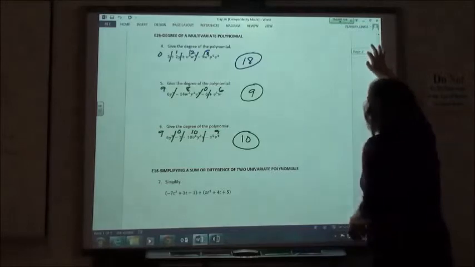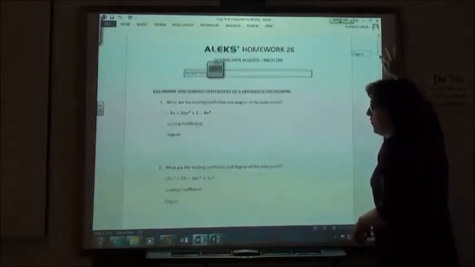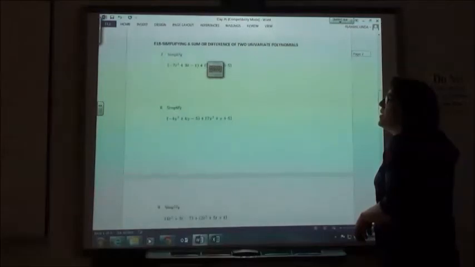The next ones we are adding and subtracting polynomials, and we sort of already did this, but now they just put parentheses around them before they